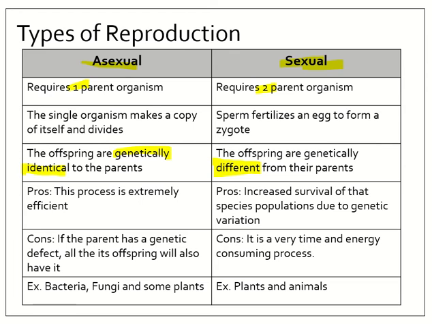Okay, there are some pros and cons that go with each of them. Asexual reproduction is efficient. It doesn't require a lot of time or a lot of energy. However, because the offspring are genetically identical, if something was to come in, say a virus, a fungus, or a bacteria, and start killing off those offspring, every single one of those organisms would be killed because they are genetically identical. Whereas for sexual reproduction, that genetic variation allows the species to survive, because if something is harmful to one, it might not be harmful to the other because they are not identical genetically.